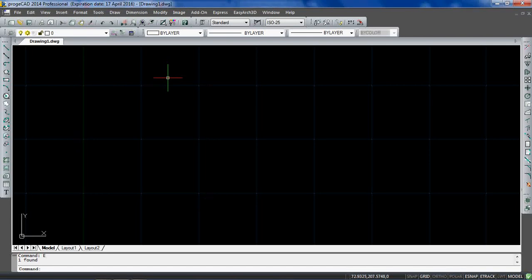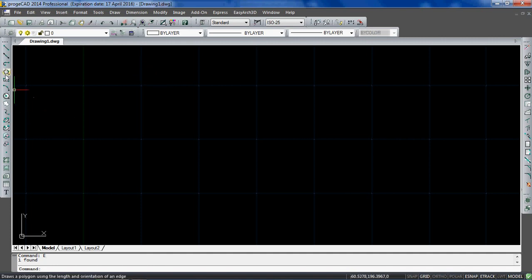Welcome to CAD tutorials. Today in this tutorial we are going to learn the use of the offset command. With the help of the offset command we can draw concentric circles and concentric rectangles, and also we can place the same entities with some equal distances, just like a copy and paste command in the Project CAD. In other words, we can use it as an array command also.